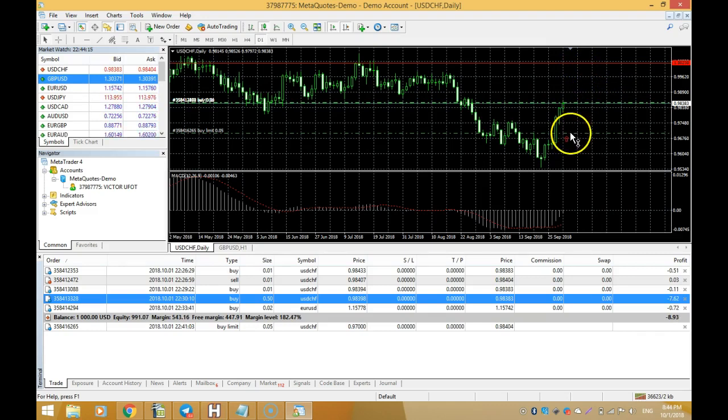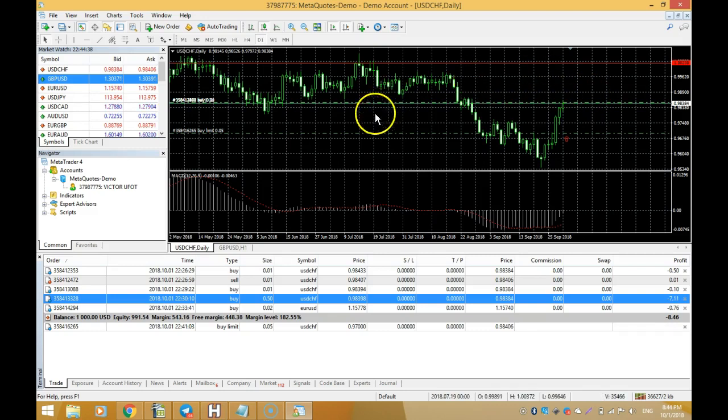So here you placed a buy limit order because you are expecting the market to come down here and bounce and go back up into profit. So you use a sell order when you expect the price to go up here and bounce from 1.0 and come back down into profit. So for us to